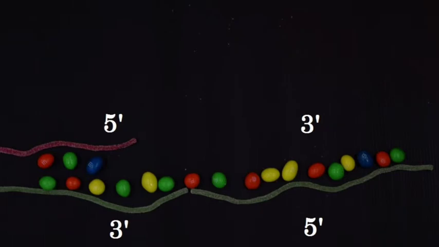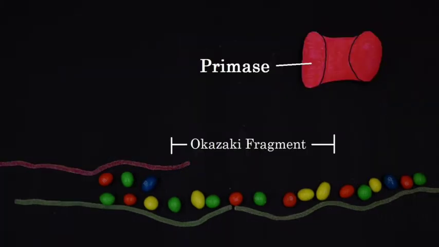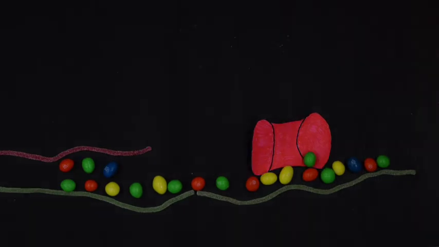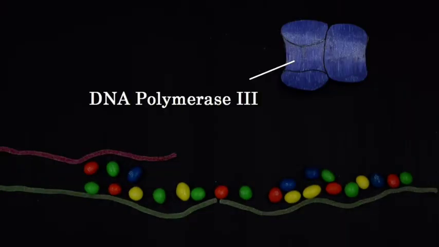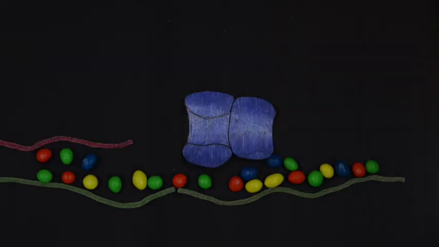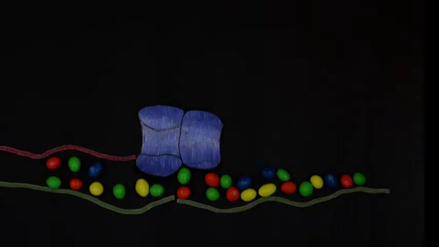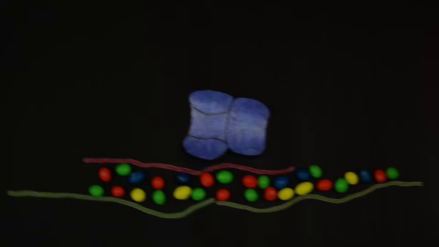However, the lagging strand is moving in 3' to 5'. Therefore, only a section of DNA can be replicated at a time. This section is called an Okazaki fragment. The process starts with the enzyme primase creating a primer. DNA polymerase III then adds a short strand of DNA bases in the 5' to 3' direction, and this process